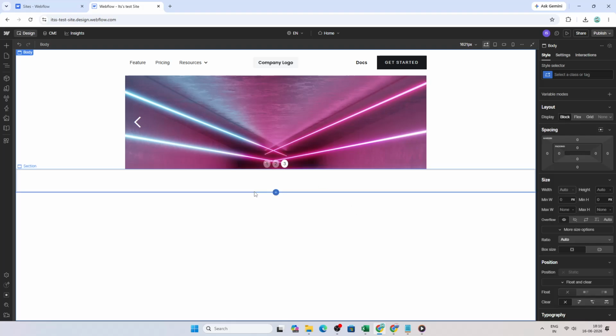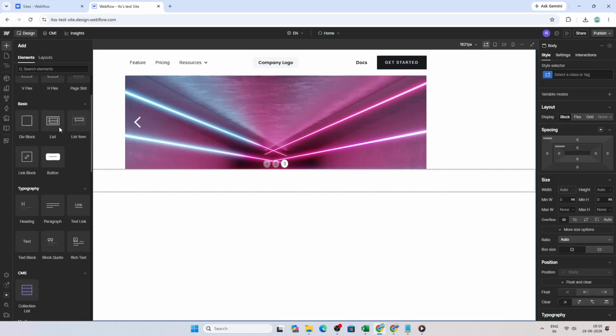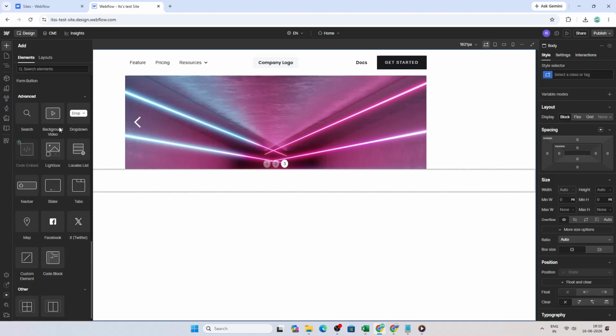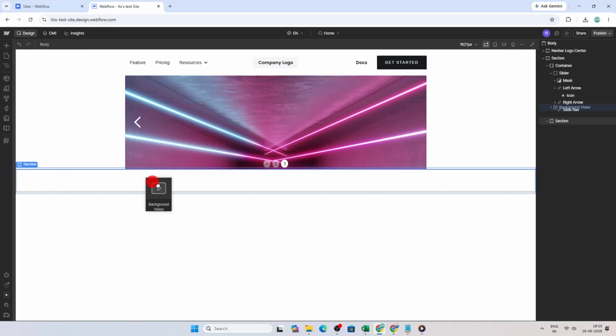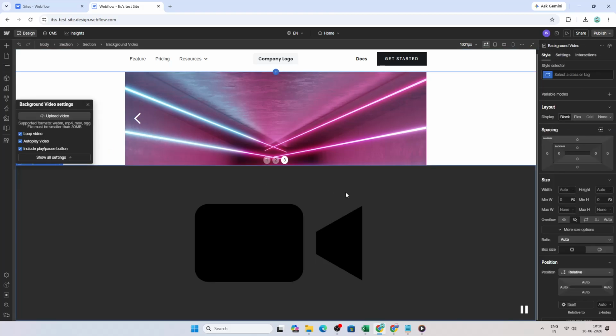Once your project is open, go to the Add Elements panel. From there, scroll down until you reach the Advanced section. In that section, look for the background video element. Now drag and drop the background video element onto your canvas. Place it in the section where you want the video to appear. This gives you a visual container for your uploaded video and lets you style it as part of your page